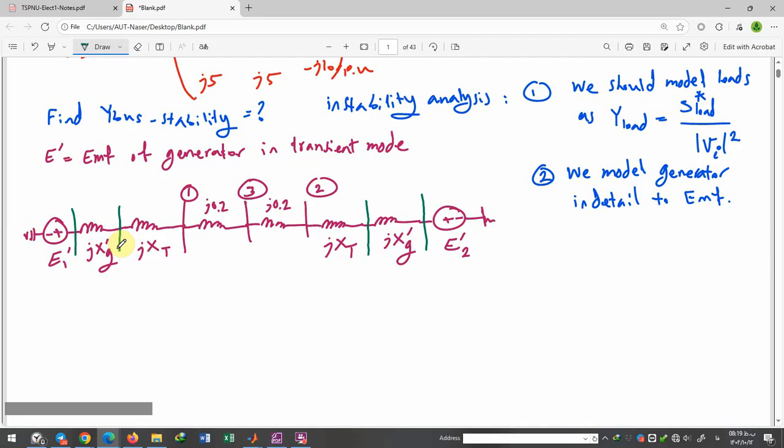After that we have to rename the buses. Bus number 1 would be exactly in front of the EMF of generator number 1. Bus number 2 is in front of the EMF of generator number 2. After that number 3 is in front of the reactance of generator 1, and number 4 is in front of the reactance of generator 2,